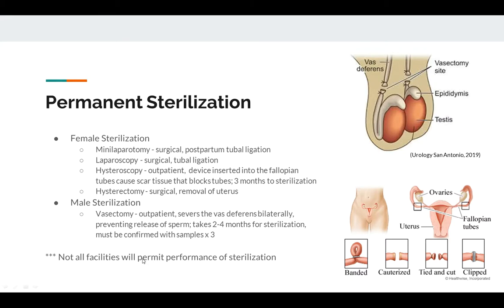You need to be careful that you're discussing the desire for permanent sterilization with patients, especially pregnant patients, because not all hospitals will perform sterilization procedures. So Mount Carmel will only perform them after an ethics committee consultation and only if there's an instance of potential morbidity or mortality to the female patient. So if a woman wants to have a postpartum sterilization, I would encourage her not to deliver in a Mount Carmel hospital unless there has already been an ethics consult and a certification of a concern for the woman's health related to continued fertility.